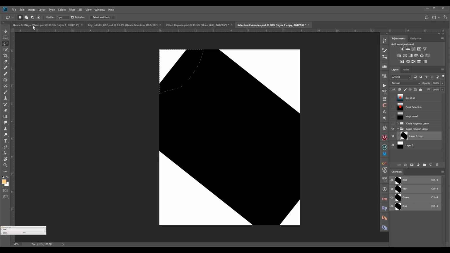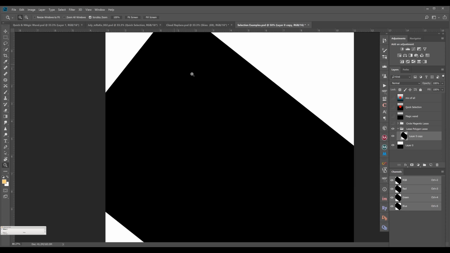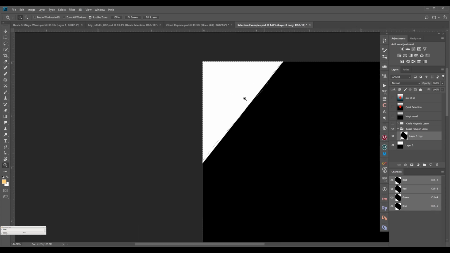So if I have to delete it, I have to just click the third one, and if you see, the tool has become minus, and I will just draw on top of this, and then I will deselect it. So this is how this tool can be used. Now, if you see this particular area, it's a straight edge.